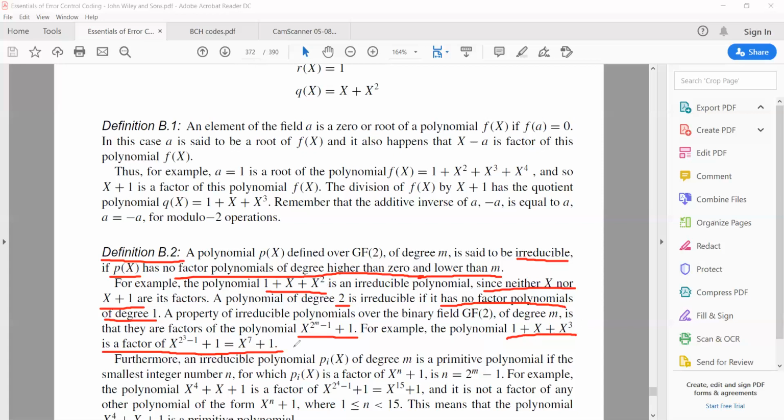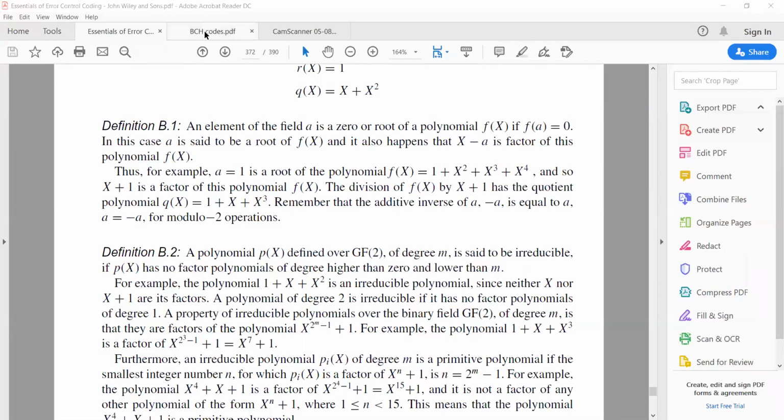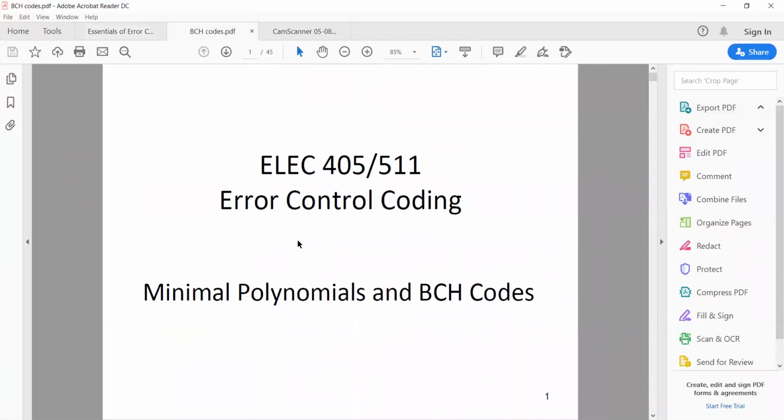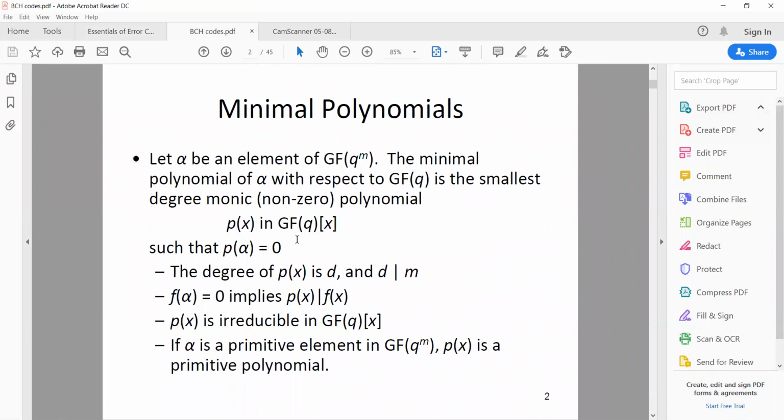So now we will see how this x to the power 7 plus 1 came from. For this, we have to consider a new thing. Let me just use it. Okay. Now we will consider this PDF. So from this PDF, what is written here